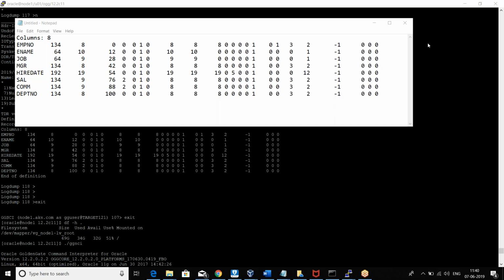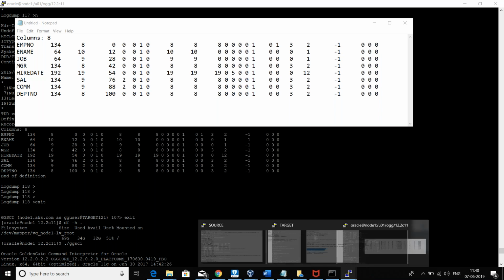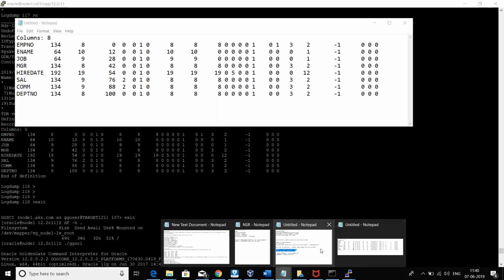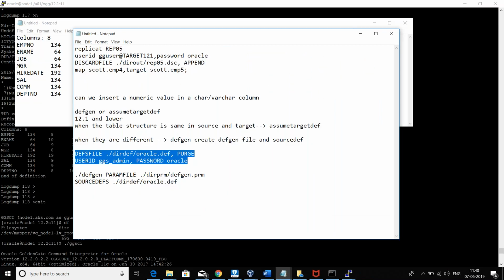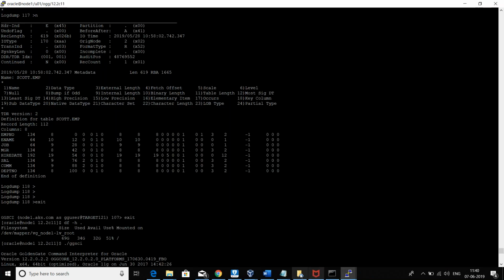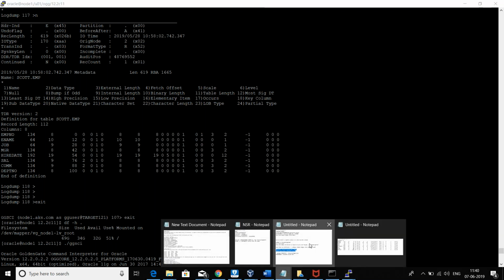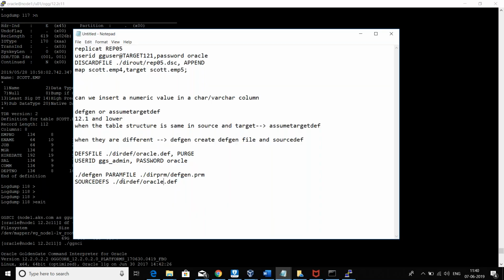Now in the replicat end, we have to use this parameter. The Devgen file which you have generated, in the replicat end you'll have to use the parameter source def and the definition file. So right now it is all 12.2. Okay. In case you face any issue, we'll